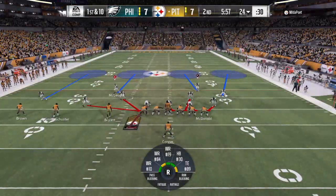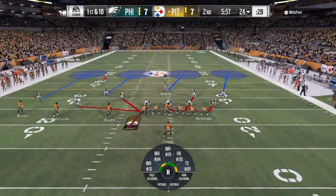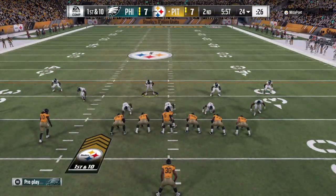Right. He's tight right here. He's tight on the right. Come on, let's go. Ohio. Hey. You got